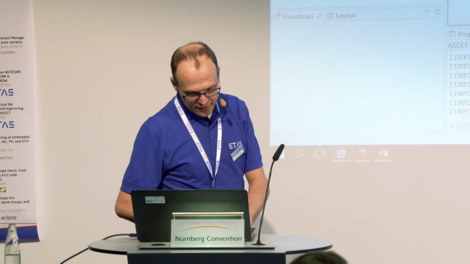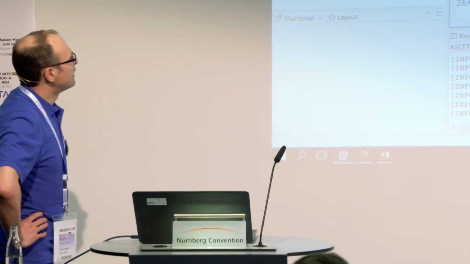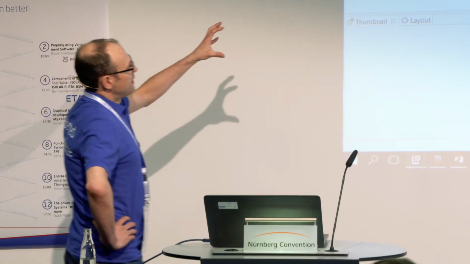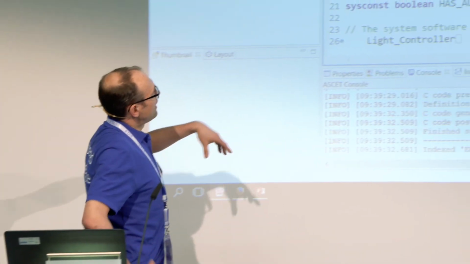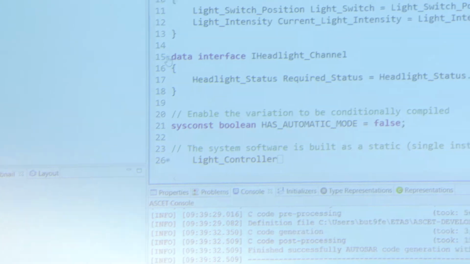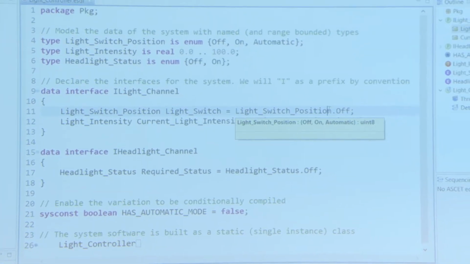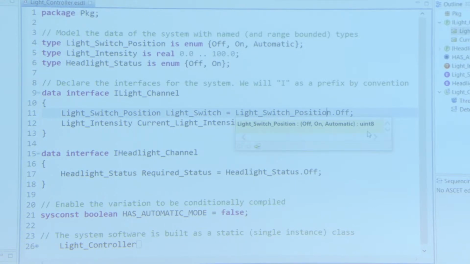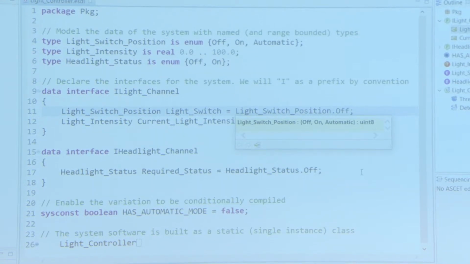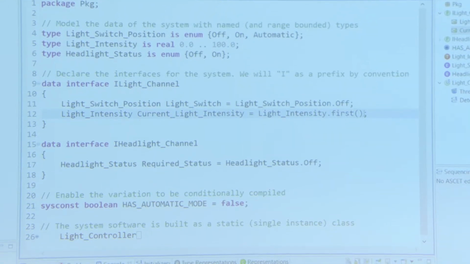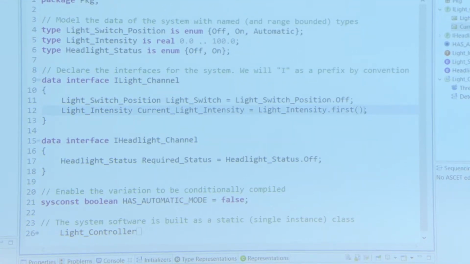Then we have a set of interfaces that are how ASCII can communicate with the external world. It's got a channel coming in that defines the light. There's a switch on there, and there's a light intensity on there, and they've got some nice values. So I can say the light switch is position off, and the light intensity, I can do nice things in ASCII like: I've got a light intensity, it's a type range, just give me the first value of that type range.